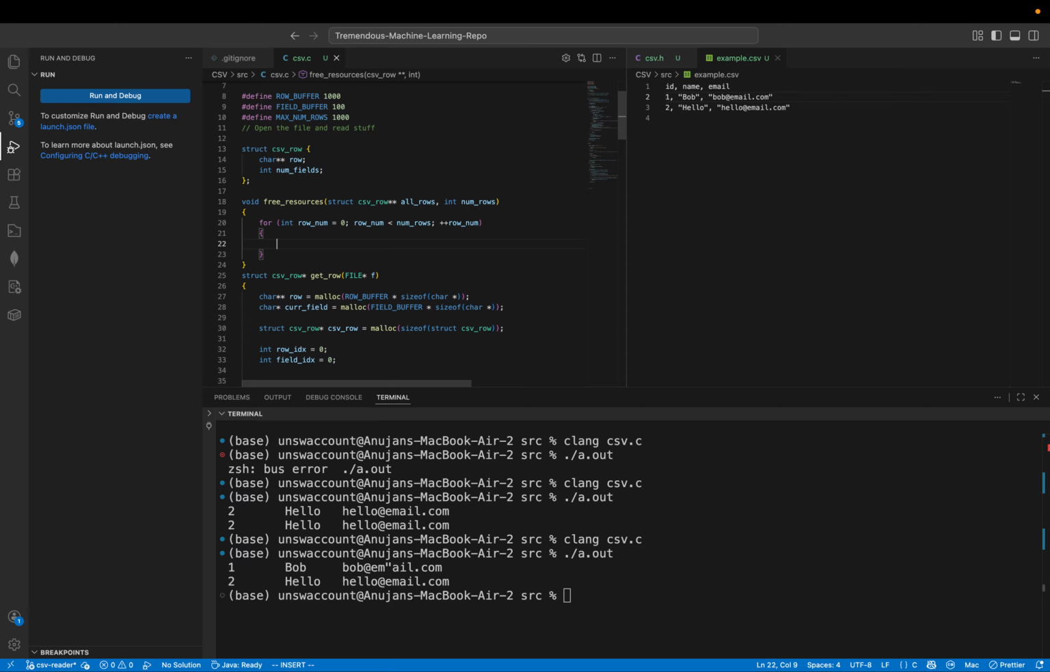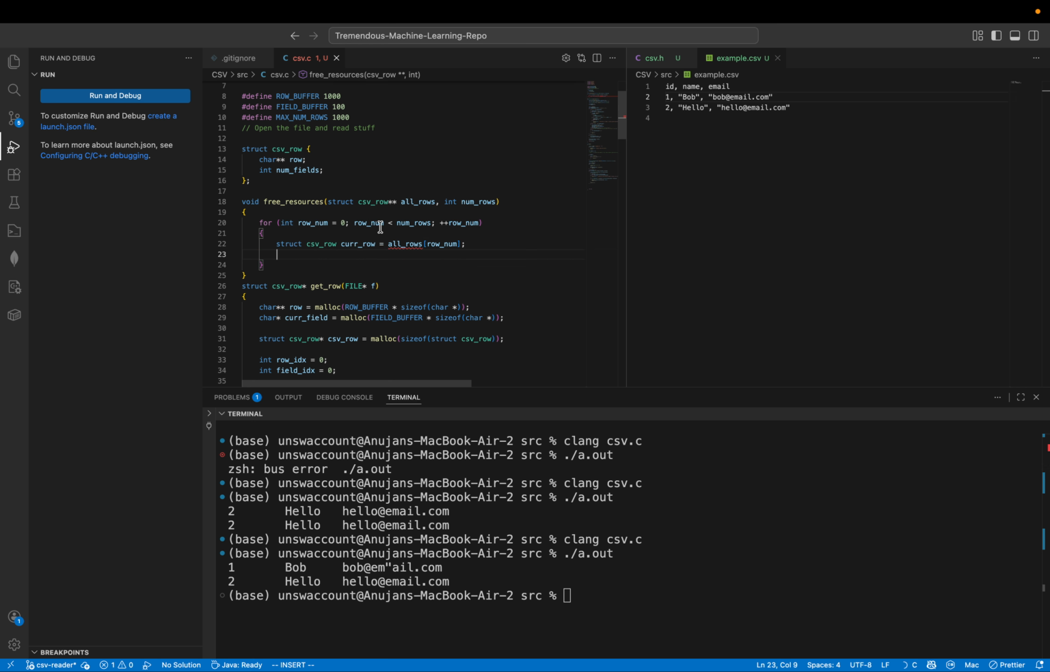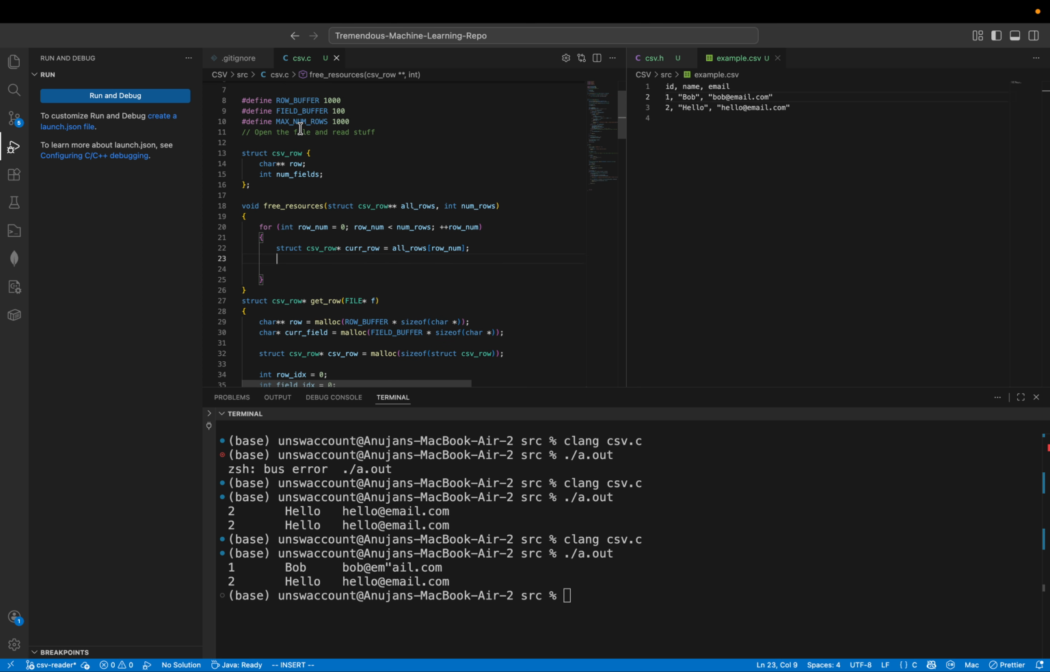For each of that, what do I have to do? So what am I accessing? All rows, at the row num gives me a pointer to the actual struct CSV row. Current row is equal to that. What's wrong with that? Oh, I forgot to put the address. So now I have the struct. I have this guy. So now I have to